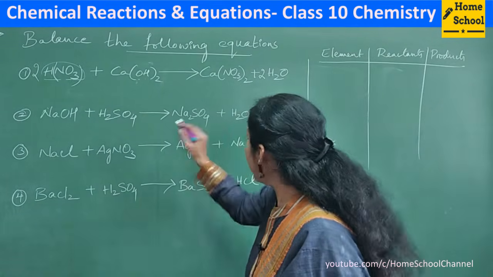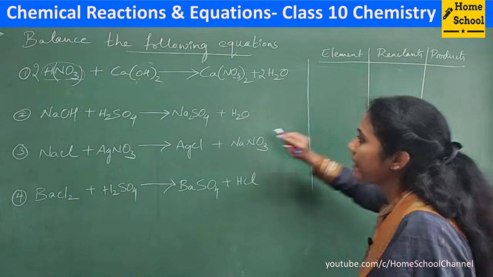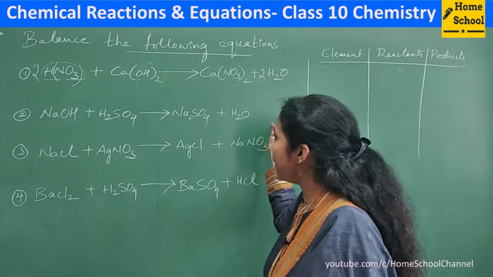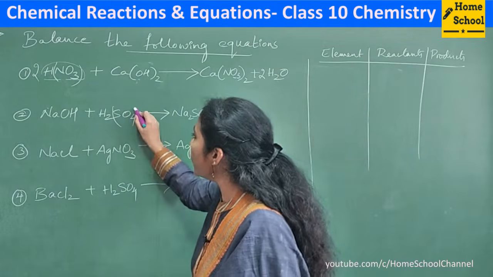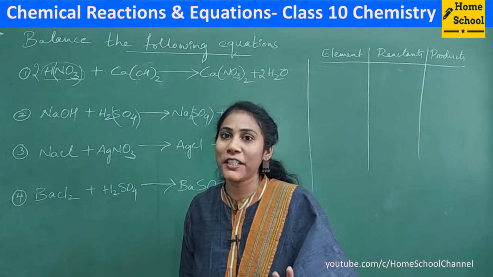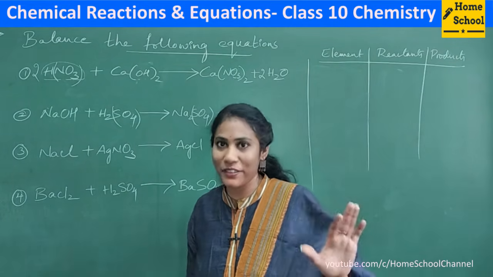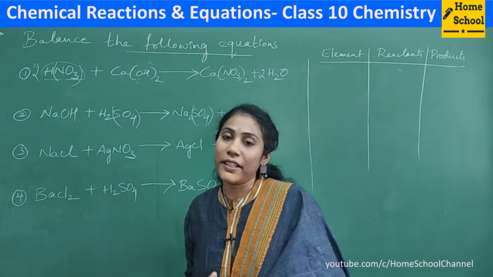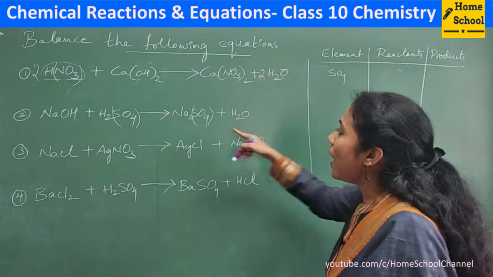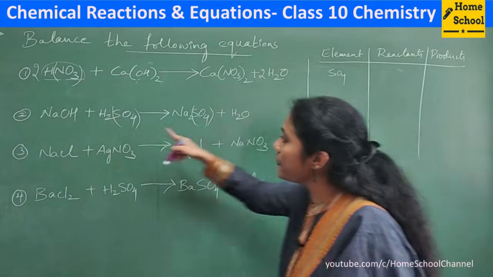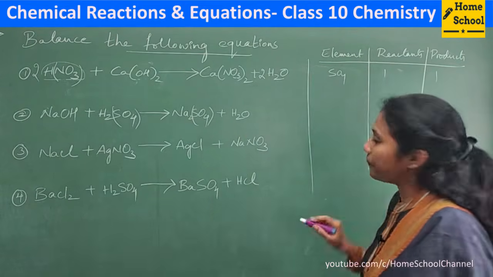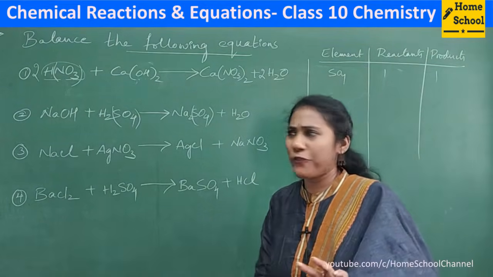Second example, same, put a list initially. So is there any polyatomic group present in both reactant side as well as product side? Yes. You see, SO4 is a polyatomic group. So here you should have an idea about what is a polyatomic group and what are the examples. Otherwise, you can't go according to this method. Clear? So sulfate is a polyatomic group. So how many sulfate groups are there in the reactant side? 1. How many sulfates are there in the product side? 1. So sulfate is actually in balanced form, right?